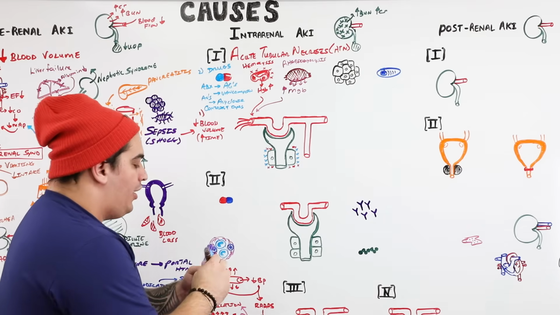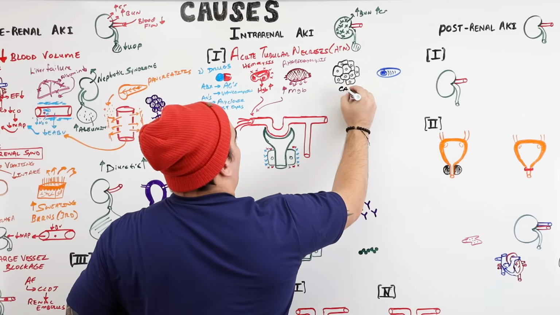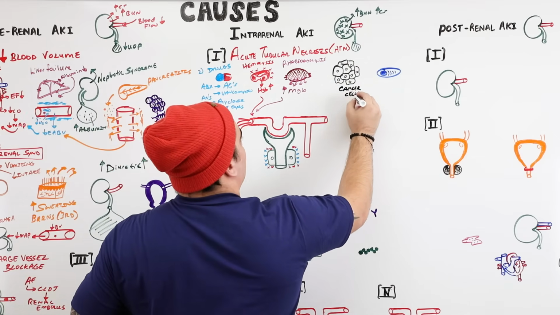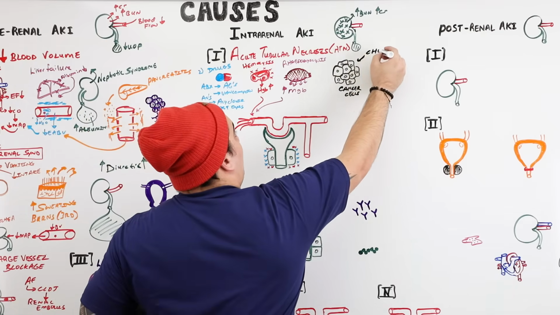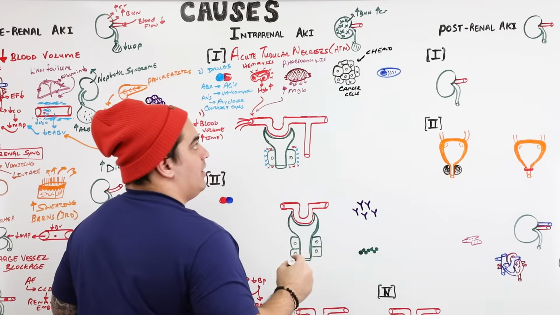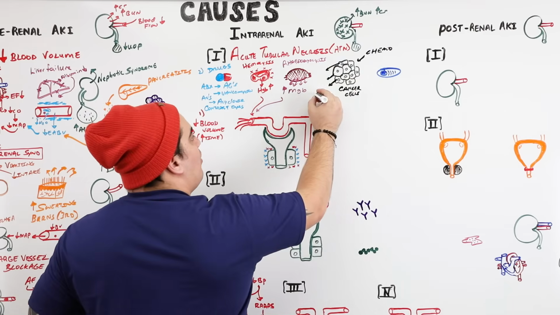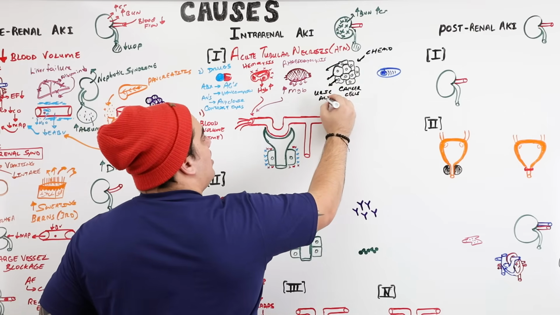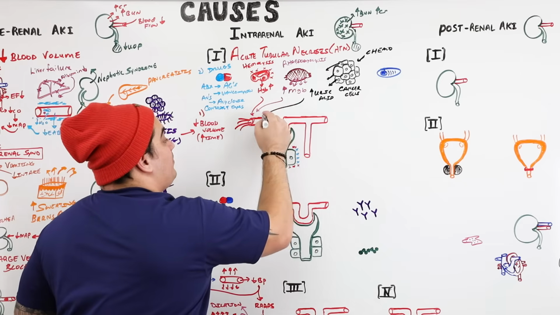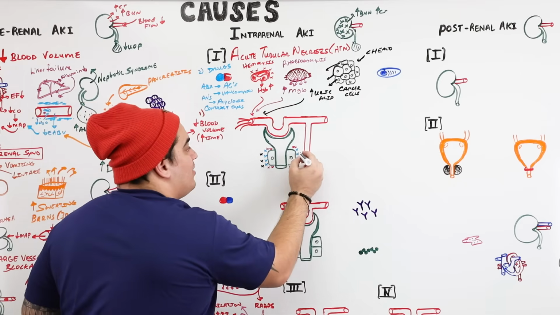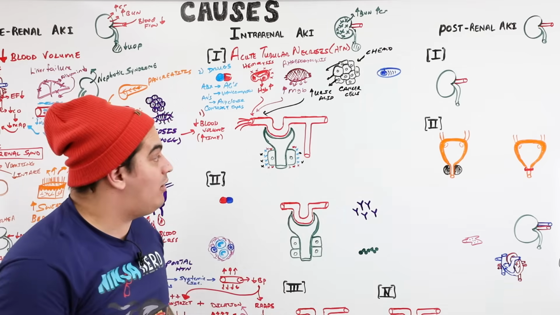Boom, shabam. Another condition is whenever someone has a nasty cancer. Let's say that you have a bunch of cancer cells. This is pretty common in leukemia, lymphoma, stuff like that. You have tons of cancer cells and you're getting chemo, and the chemo is designed to kill these cells. But when you kill a bunch of cancer cells, they spill out some of their metabolic waste products. And you know what one of those nasty ones is? Uric acid. Whenever lots of uric acid gets spilled out, believe it or not, it does cause direct nephrotoxic injury to these poor little tubular cells and their ability to reabsorb urea and excrete creatinine and reabsorb sodium and water. All that stuff's all jacked up.